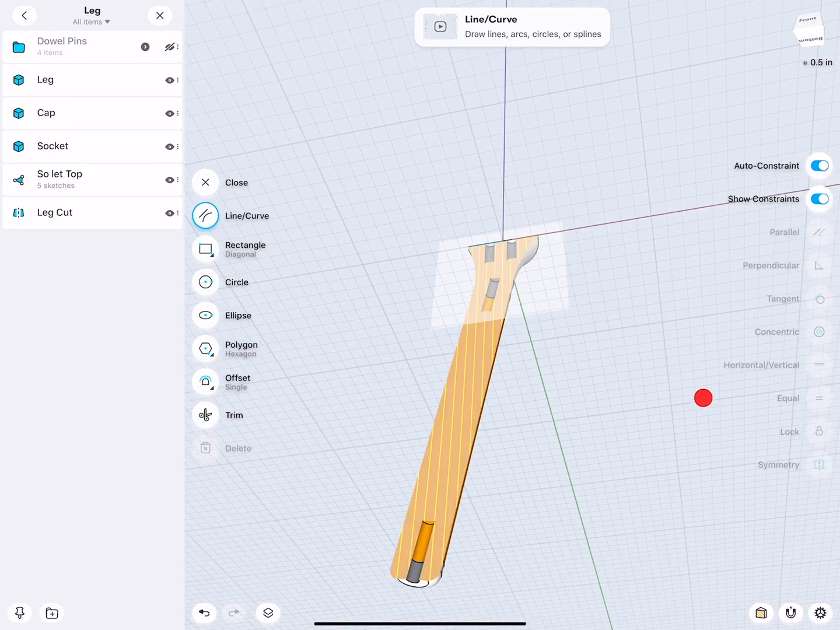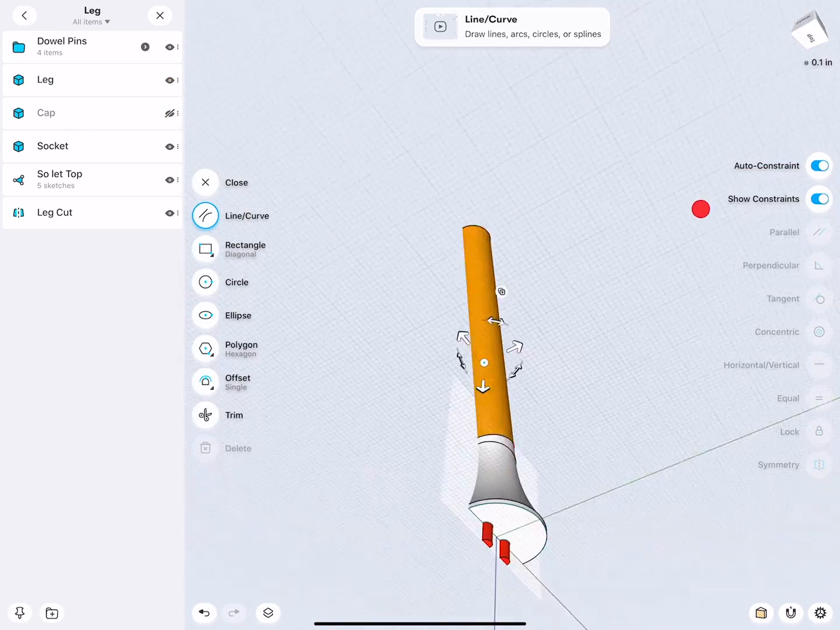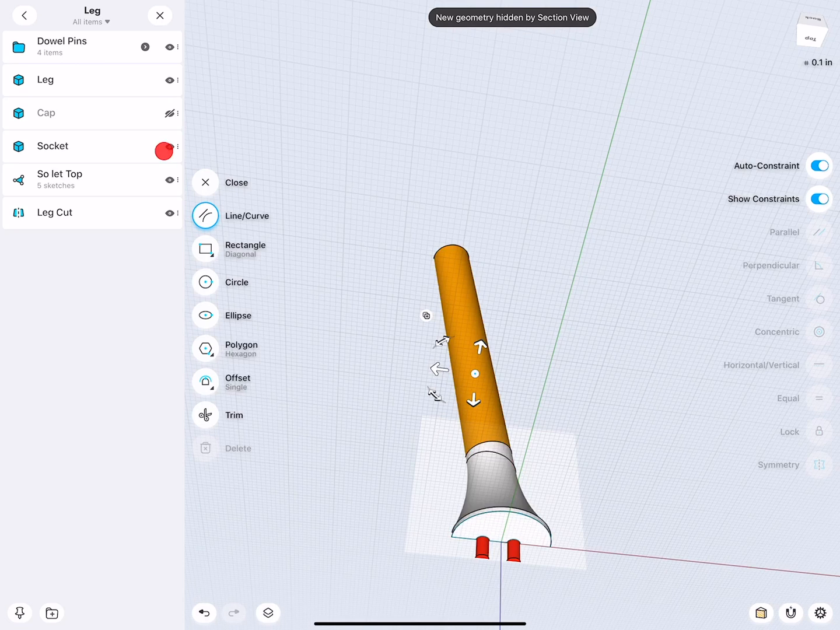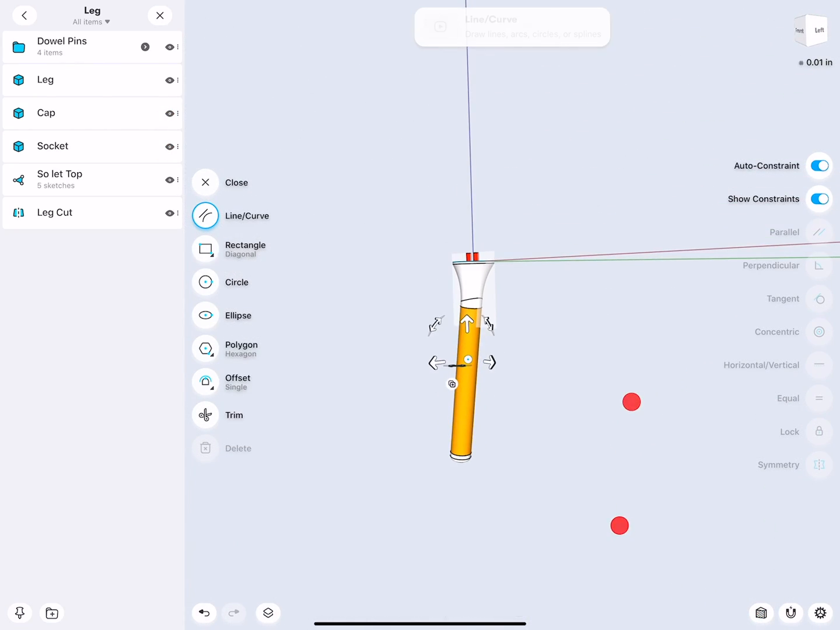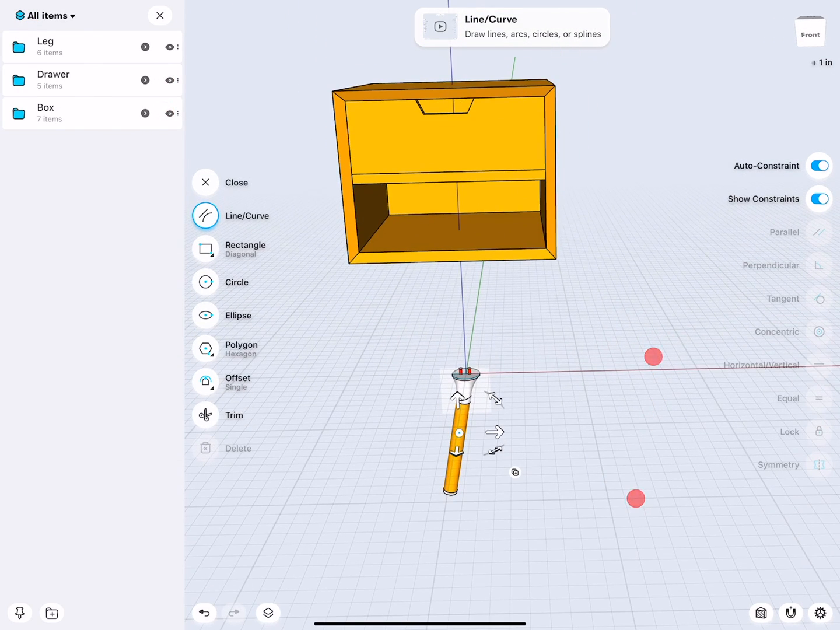So I have here my wooden doll representations. They're very useful for understanding where everything will go. I have the wooden leg part, the cap, as well as, for example, the socket geometry. Okay, so my task now, with having this imported, is to position this one right under the